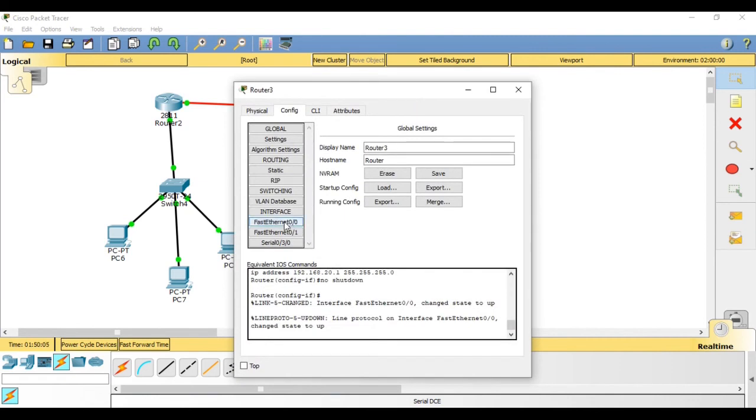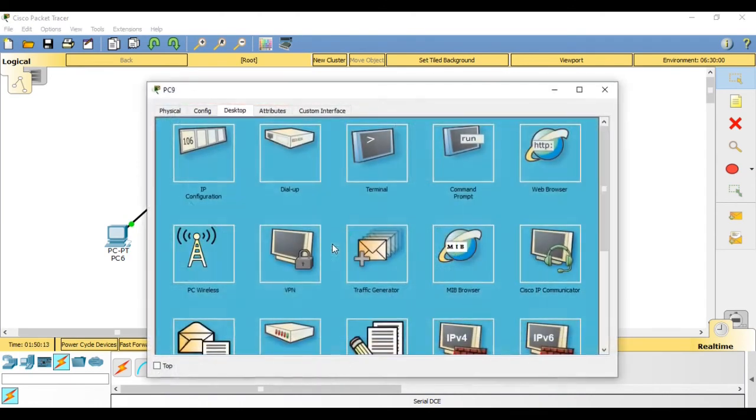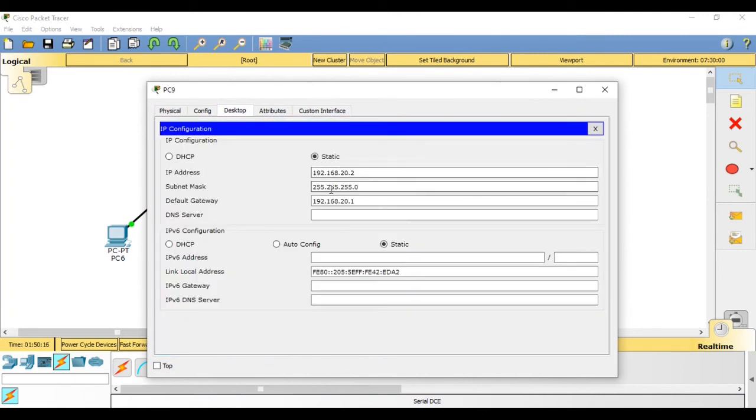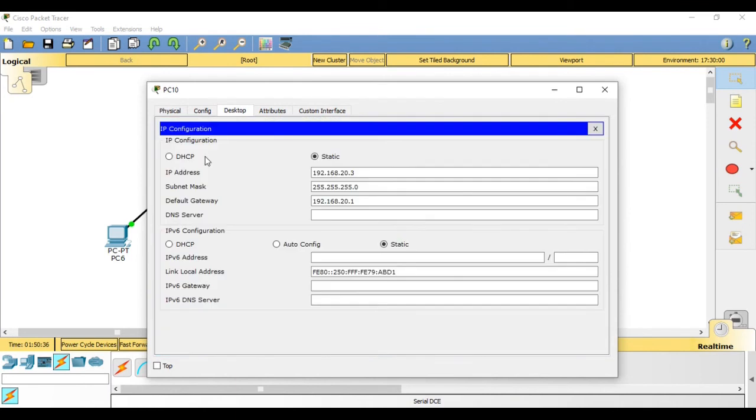So let's move on to these PCs which are connected to this router. Let's see what's the IP address of the 0/0 interface. It is 192.168.20.1. Okay. So we are going to click this PC, desktop, IP configuration. Here we are going to type 192.168.20.2. We will click here, subnet mask will come, and here the gateway is not 10.1, it is 20.1 because the router with which it is connected has an IP address of 20.1. So this PC also, IP configuration 192.168.20.3, subnet mask, and the gateway is 192.168.20.1.